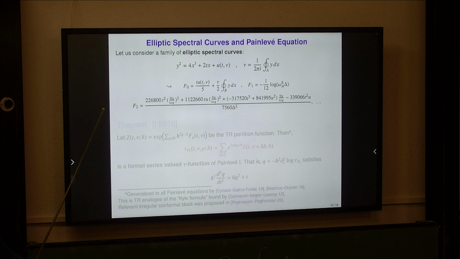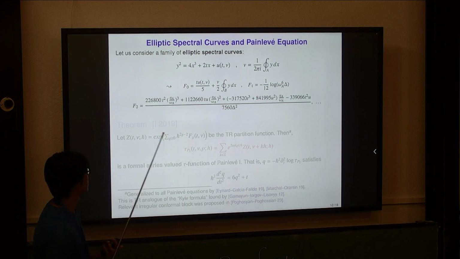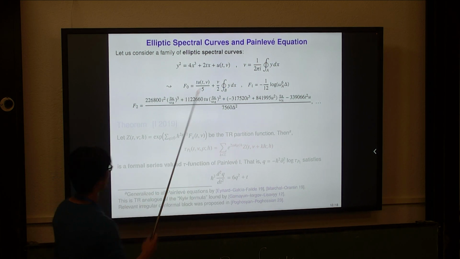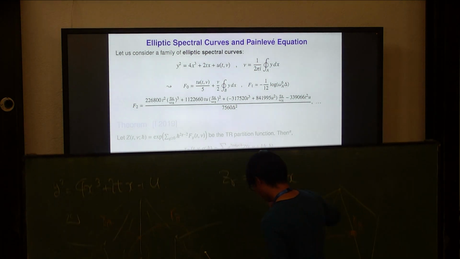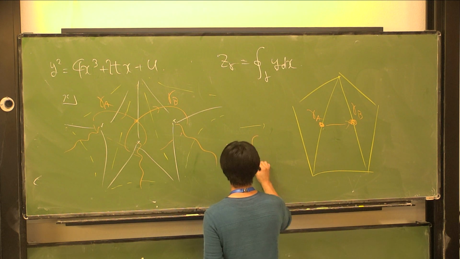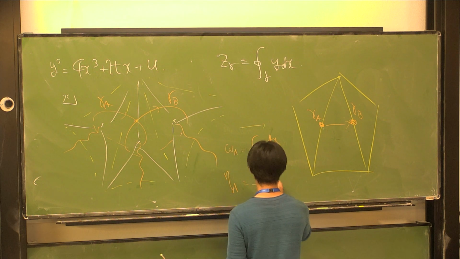And if you run the topological recursion and compute free energies, then we have this expression. This T and U are appearing here, and delta is the discriminant of this elliptic curve. And eta A and omega A are, just in case, periods: omega A is a period of x over y, and eta A is a period of